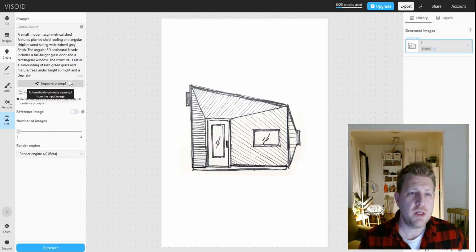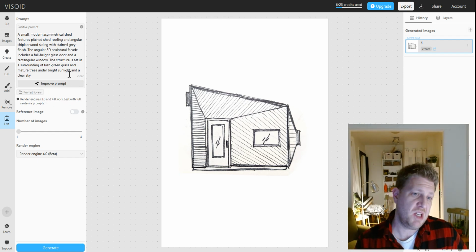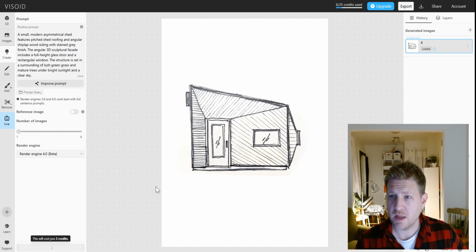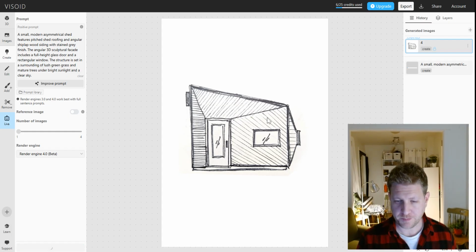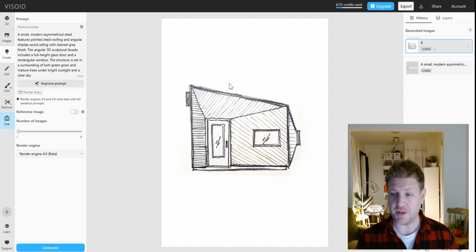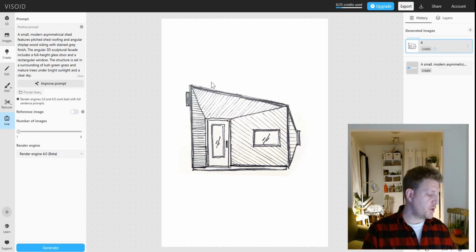The angular 3D sculptural facade. Honestly, good enough. Let's give it a shot. We still got some credits. So this one will be cool, and this one might, I don't know, it might struggle with this. We'll see. I'm curious. This one might be more of a challenge for the program compared to some others, but